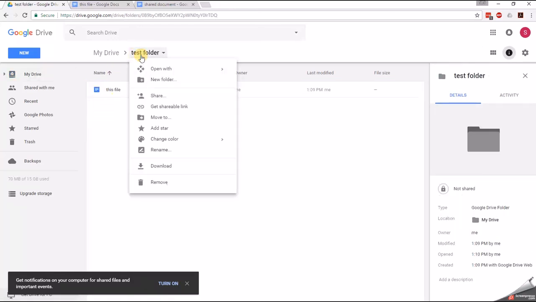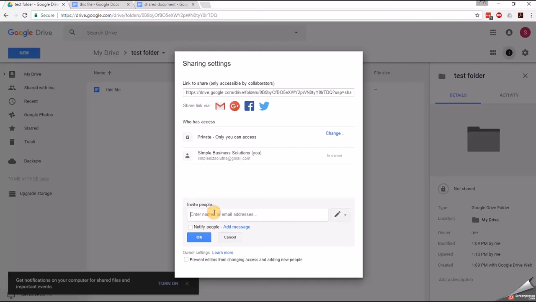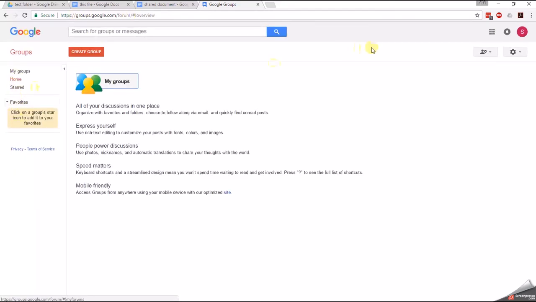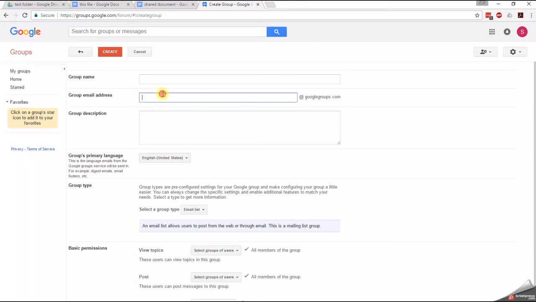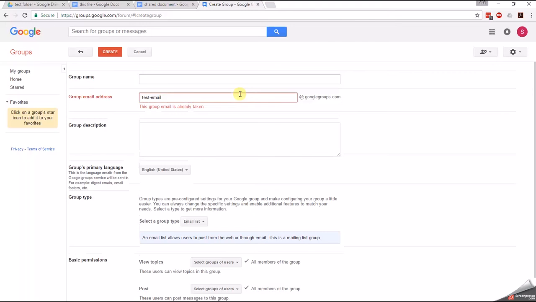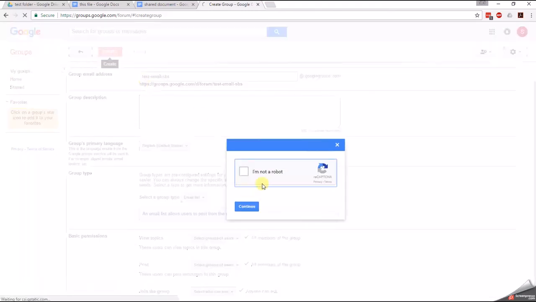Now, the other cool thing, and this brings us to the last tech tip for Google Drive, is that you can share folders by group. So let's say that I wanted to use a certain Google group that I've made. And Google Groups, by the way, we're not going to go over that in this tutorial, but it's accessible by going to groups.google.com. You can create a group, and by creating a group, you can assign it an email address. So if I say test email SBS at googlegroups.com, and I call this test group, and I hit create, and I tell it I'm not a robot,